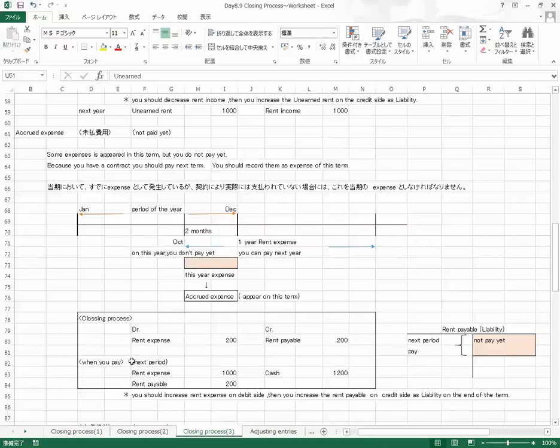So at the credit side, rent payable、ライアビリティ、liabilities. そう。それで、next term, next year, when you pay, you enter the journal entry: rent expense 1000 and rent payable 200 and then cash 1200。こういう仕分けになります。